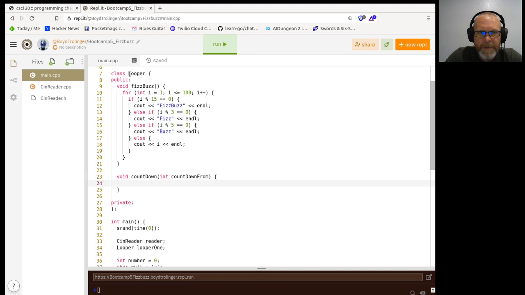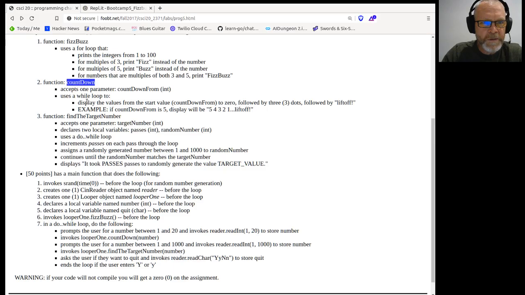I'm pleased that we picked this one because we're getting to see some loops and some ifs and stuff, so you get to see a little bit more of how C++ does these things. Okay, so coming from the Go language, you're going to see a kind of loop that we've never done before. Now, what does it want me to do? Uses a while loop to the... Okay, so